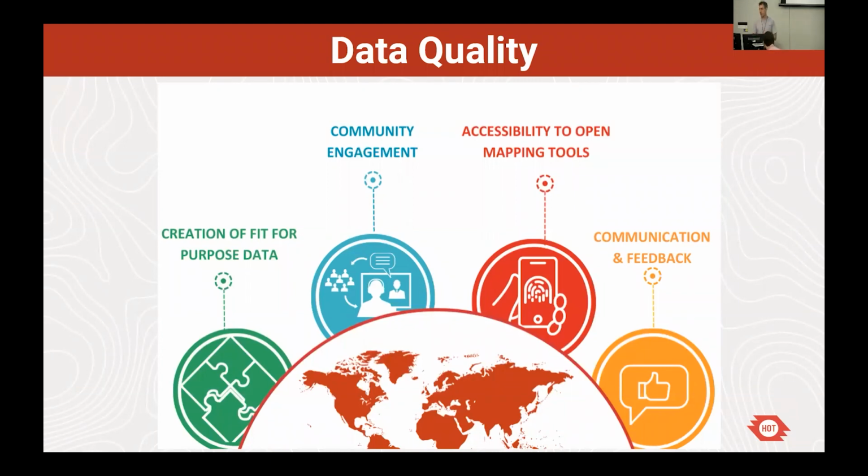We also want to refine some of the open mapping tools. I'm sure there have been lots of talks today about the Tasking Manager, this great crowdsourcing tool for adding data to OpenStreetMap. A lot of people are talking about stacking on different types of quality tools and looking at different metrics through Tasking Manager, which is awesome. And then, always being open for communication and feedback with the community.